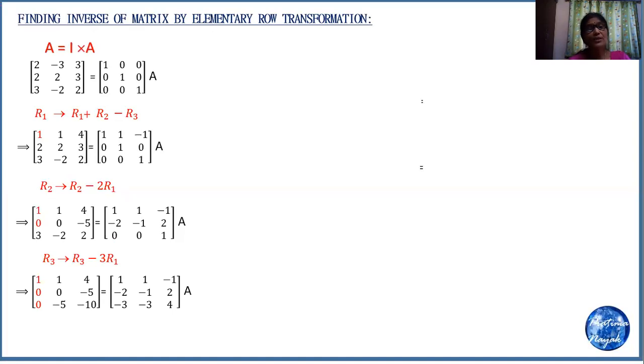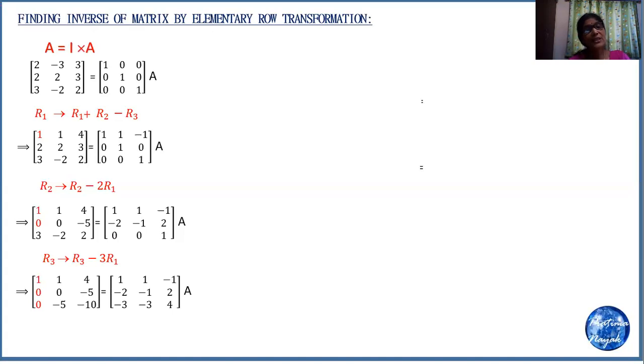From below, minus 5 will change. Now see one thing here: if we compare this with the identity matrix, in the identity matrix the middle one, that means a22, is 1, but here a22 is not 1, it is 0. 0 you cannot change into 1, because if you want to change 0 into 1, at the same time R2 will be changed, which have been converted to 0 in the first column. So we have to think of that.